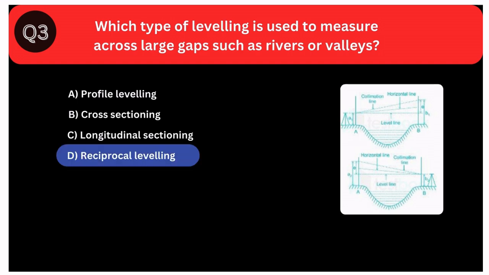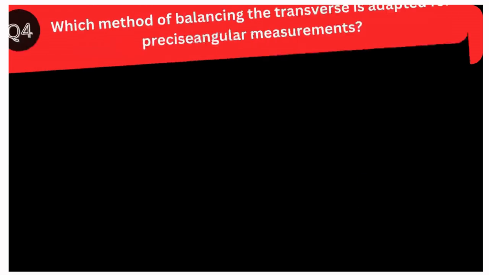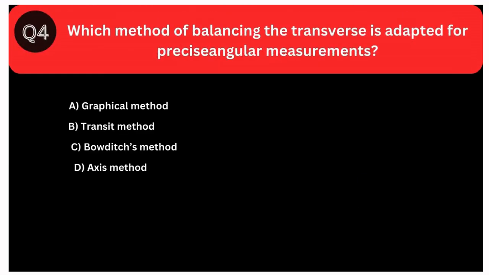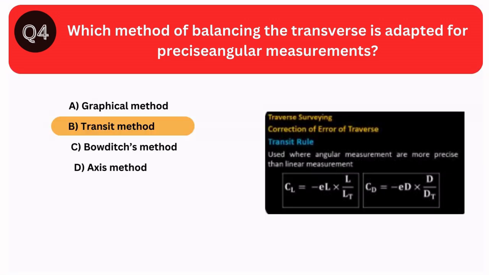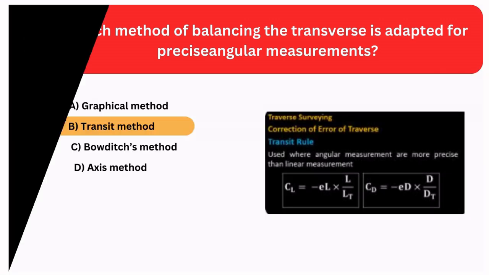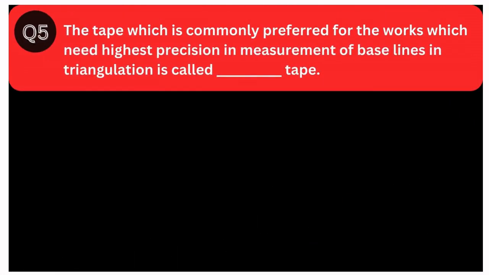Answer D, Reciprocal leveling. Which method of balance in the traverse is adapted for precise angular measurements? Option A, Graphical method. B, Transit method. C, Bowditch's method. D, Axis method. Answer B, Transit method. The tape which is commonly preferred for the works which need highest precision in measurement of